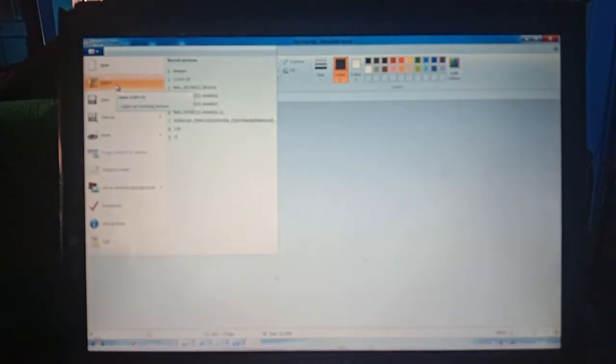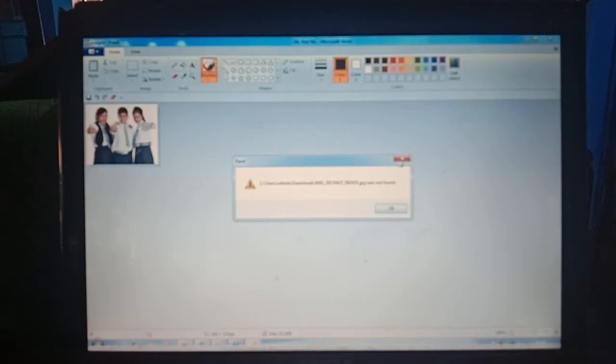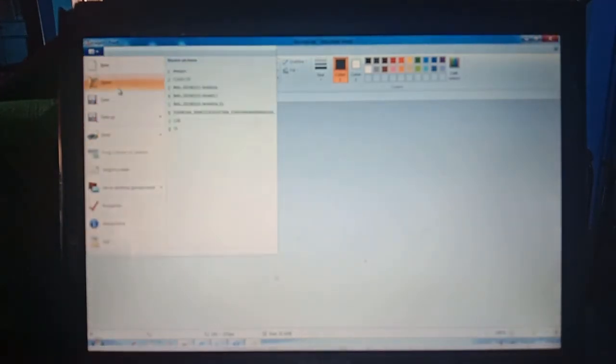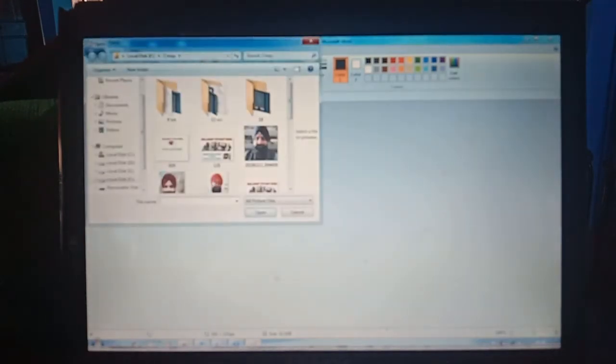Now see this Paint window here. Now Paint has two different windows. One is this picture, and another we can open like this. Then we can open another, open like this, my picture here.